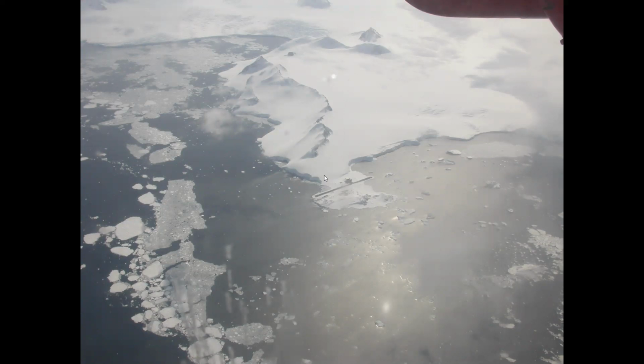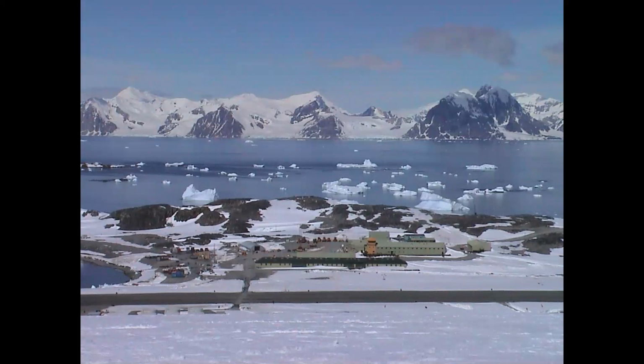If you've got very good eyesight, you'll see this little trail of where the snowmobiles have been going up to the ski area. So this is a view of the base just from the glacial ramp, coming back down to the sea area. So the dark green buildings, there was a new accommodation block built in 2000, and the aircraft control tower. And then you can start to see the snow melting away from the rocky areas behind, where some of the